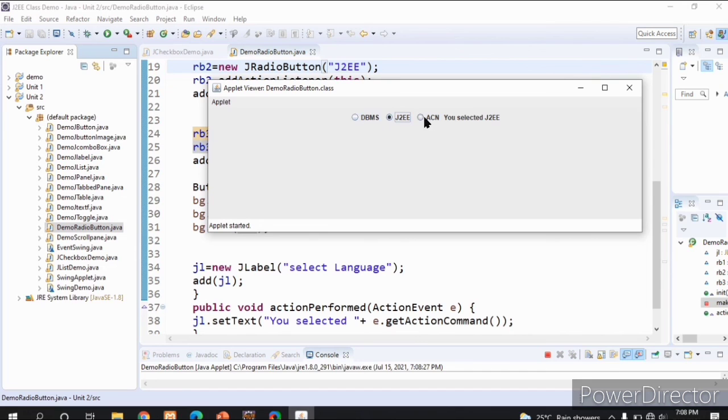If I click on ACN, the J2EE becomes deselected and ACN will be selected. This is the mutually exclusive nature of these radio buttons. It means at a time only one item is selected with the JRadioButtons. If I click on DBMS, the ACN becomes deselected. Okay. Thank you.